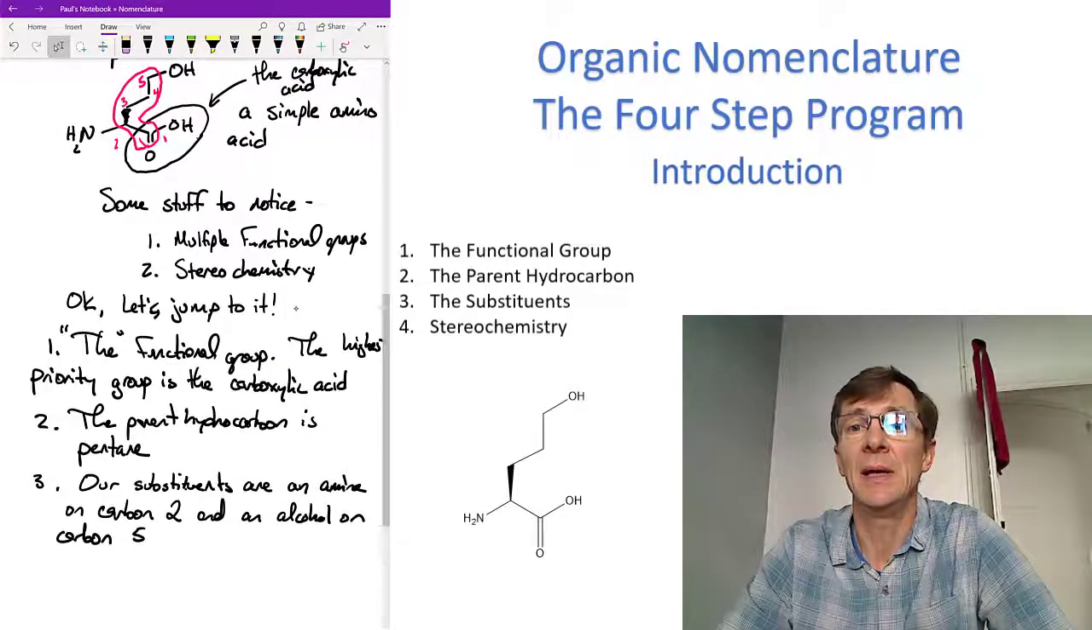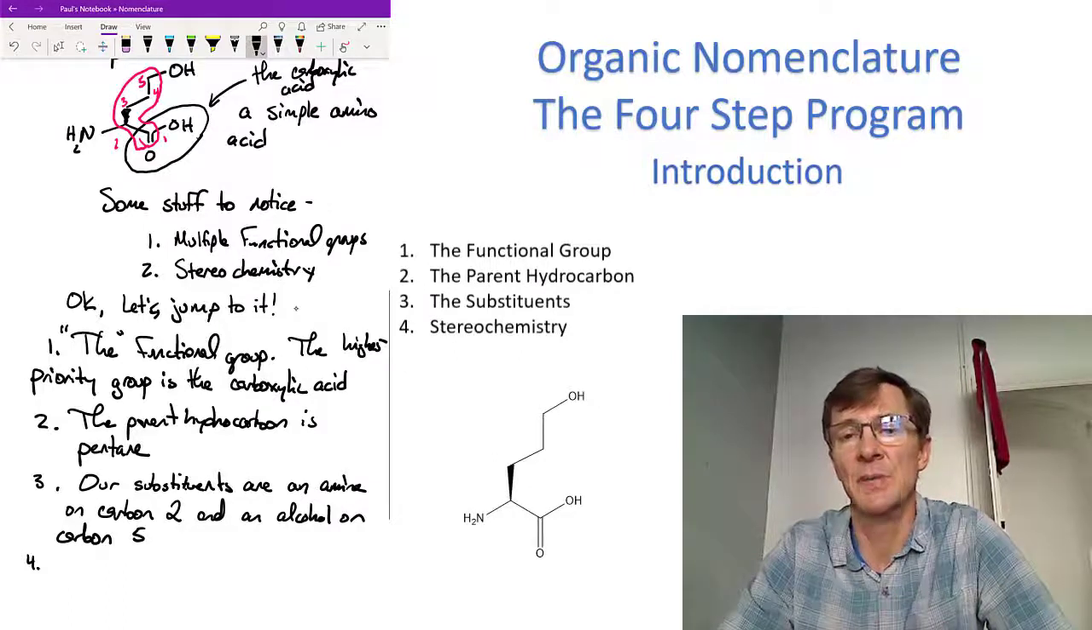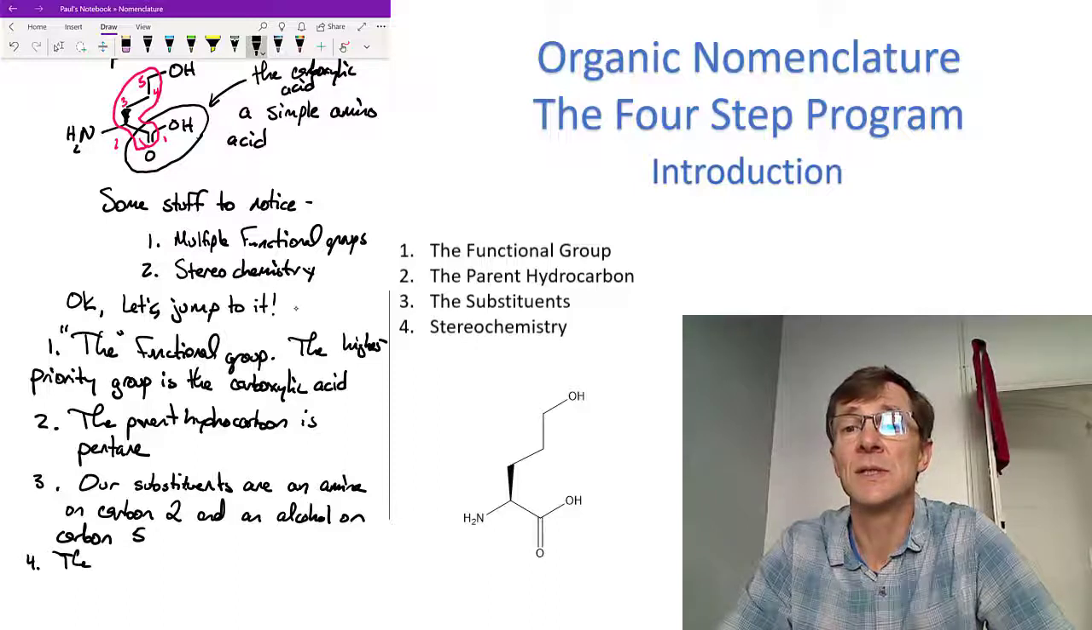So that would be a 2-amino, 5-hydroxy is our substituent name. So we put substituent names in alphabetical order, though I don't actually truly care that you know that. Our last step, we have one stereocenter in this molecule, or one place of stereochemical interest, because remember